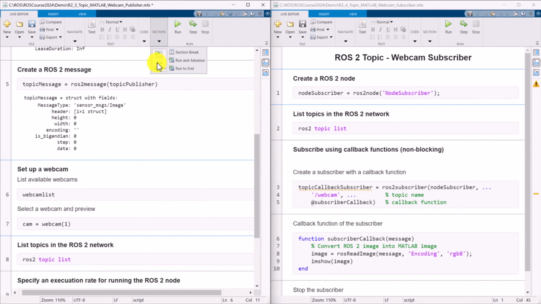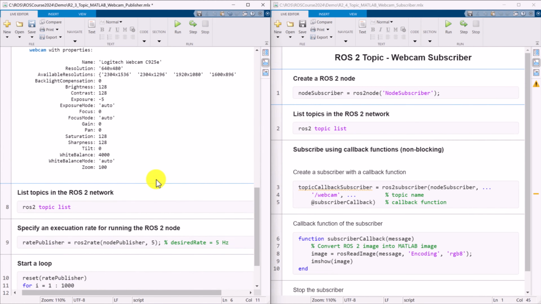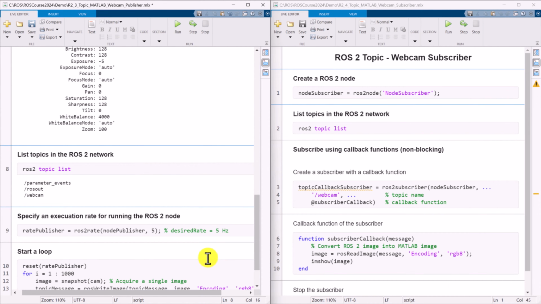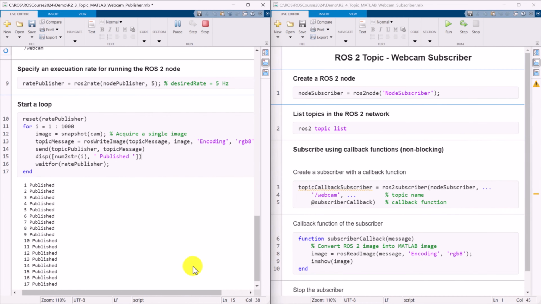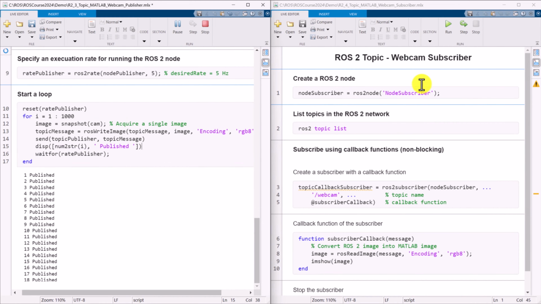Next, we list all available webcams and select an appropriate one. We then specify an execution rate for the ROS2 node. In this example, the desired rate is 5 Hz. After that, we start a for loop. In each iteration, the loop acquires an image from the webcam, assigns it to the message, and publishes it through